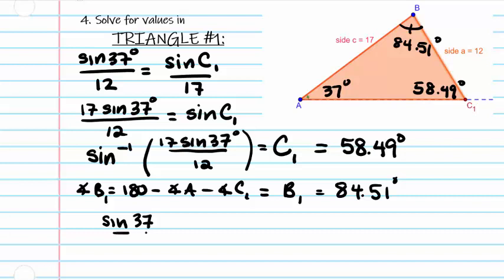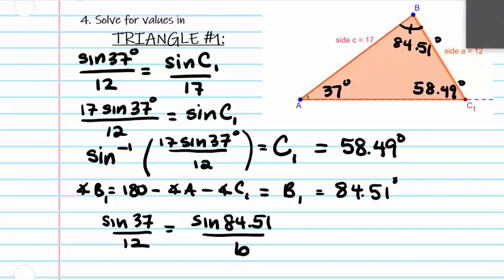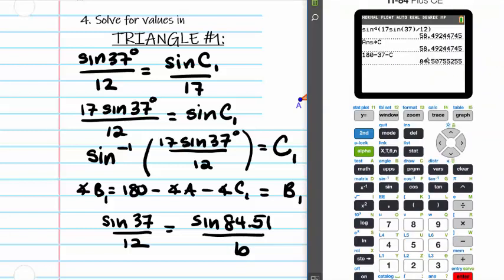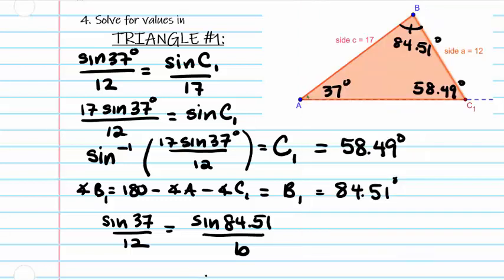So sine of 37 over 12. I'm going back once again with the values that they gave me, as opposed to something I calculated, just in case I made an error. And that's equal to sine of 84.51 over b. Oh, I want to make sure also that I stored my B value. So I store angle B into second B there